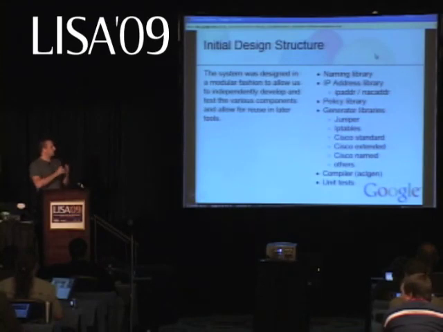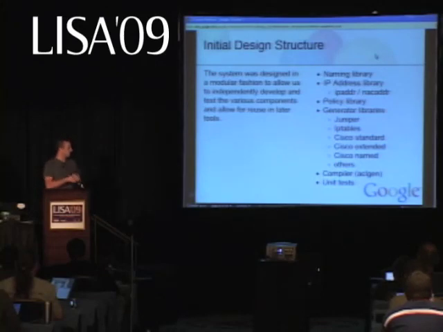So this policy library goes off and reads the policy, grabs the stuff from the naming library, does all of its magic, and then hands this giant policy object off to whatever one of these access list generators that we have, Juniper. So right now we support Juniper, IP tables, various Ciscos. And